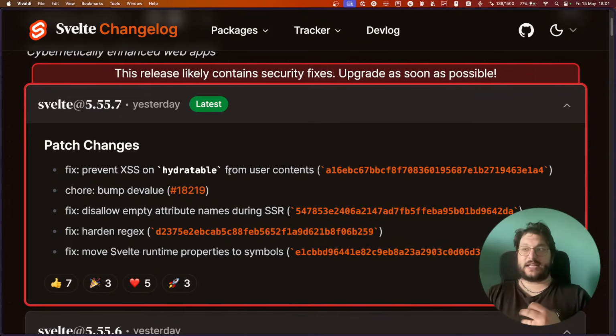Those are for stuff that is either experimental, like the async await stuff, or it requires the developer to do something weird with the API.